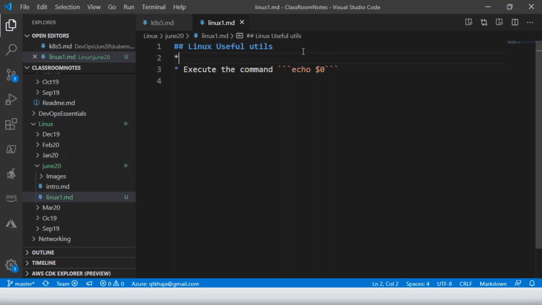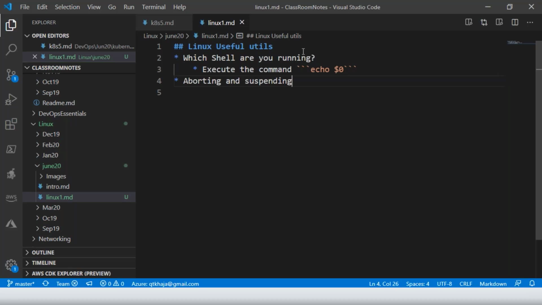The first one is which shell are you running. If you want to know that, go ahead and do this. And the next thing is aborting and suspending the execution of